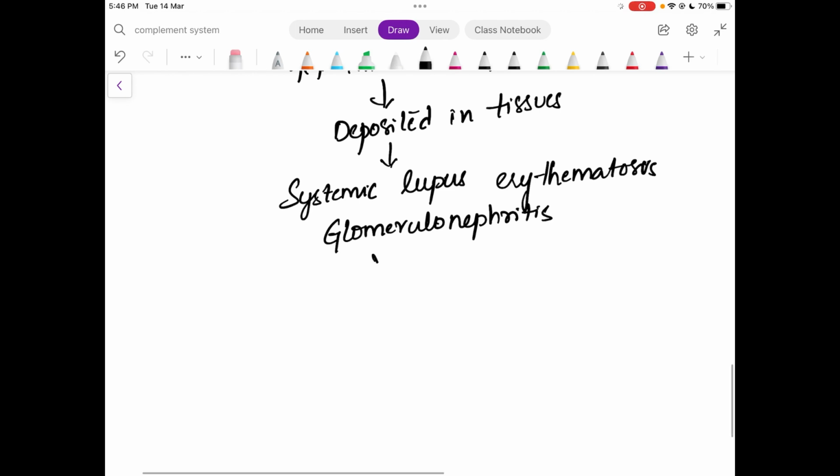crescent formations will be there, and vasculitis, blood vessels will be damaged, small blood vessels will be damaged, and you can see petechiae or purpura, everything in the vasculitis. Okay,